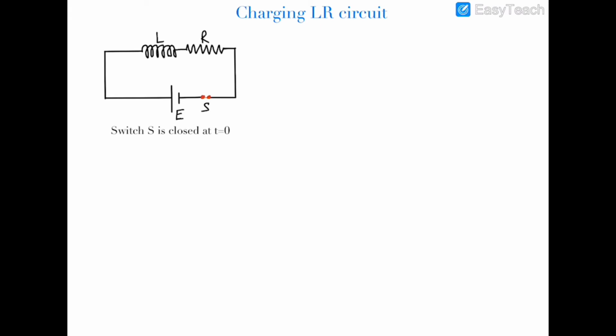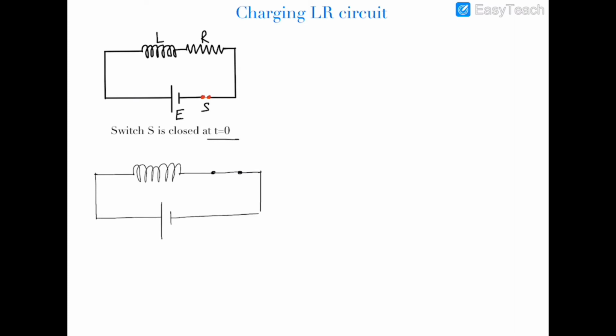So just at this moment when switch is being closed at t equal to 0, the current in the circuit would be 0 still, because inductor would not allow that current to increase. But as time will progress, the cell would push that current, and cell would support that current to increase in the circuit. But if we talk about just the instant when switch is closed at t equal to 0, then I am drawing that circuit again, that at t equal to 0 there would be no current in the circuit,